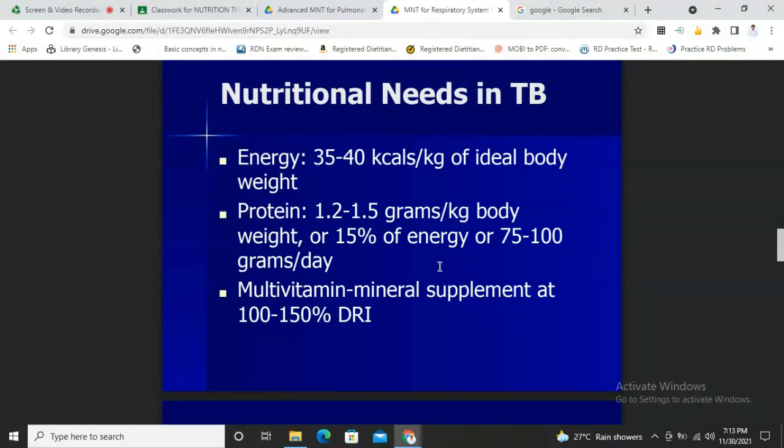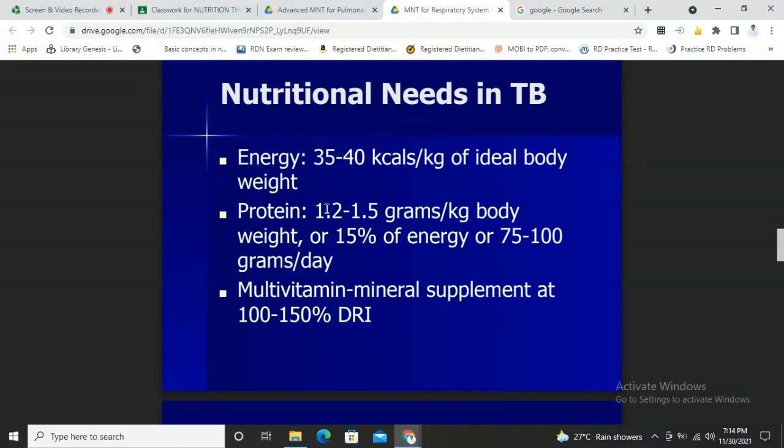In pulmonary disorders, guys, if indirect calorimetry is not possible, what we use is the Penn State equation. Because results of studies show that the most reliable among predictive equations, if the patient has respiratory disease, is the Penn State formula. So, it's up to you to research that, but I believe I've given the formula in one of the reference materials. So, you just have to review it so you know how to use the Penn State formula. Because that is what is used if indirect calorimetry is not possible. Okay.